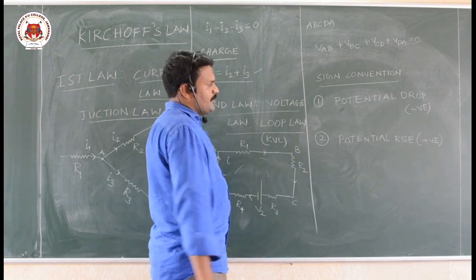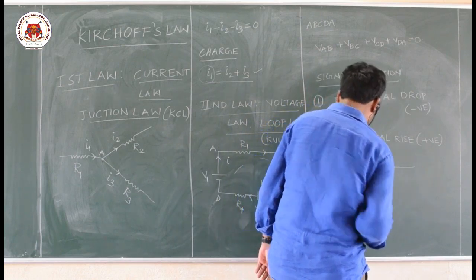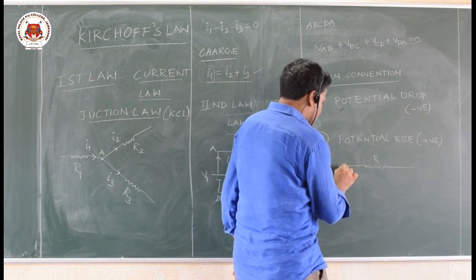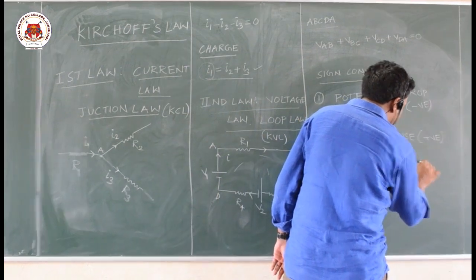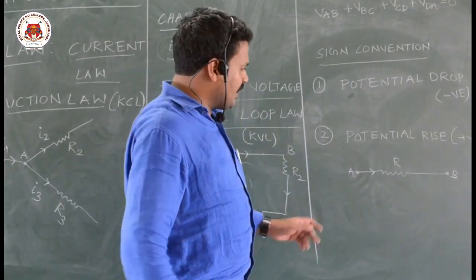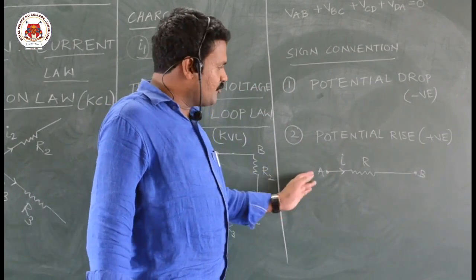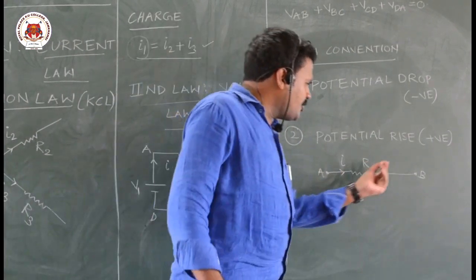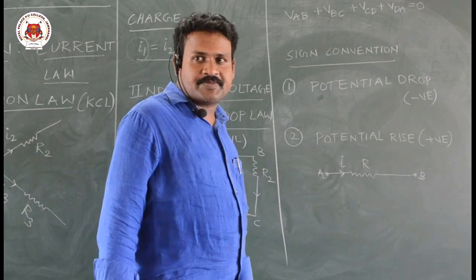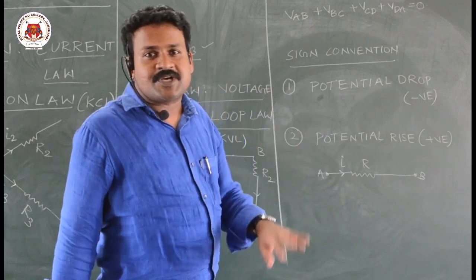If you remember these two words, you can apply them to a resistor and to a cell. Now let us take a resistor. Let us consider there is a resistor like this of resistance R. Now the terminals I am giving names A and B. Now I am moving from A to B, current is also flowing from A to B, denoted as letter I. So when I am moving from A to B, whether potential drops or potential rises, that is the point you have to remember.